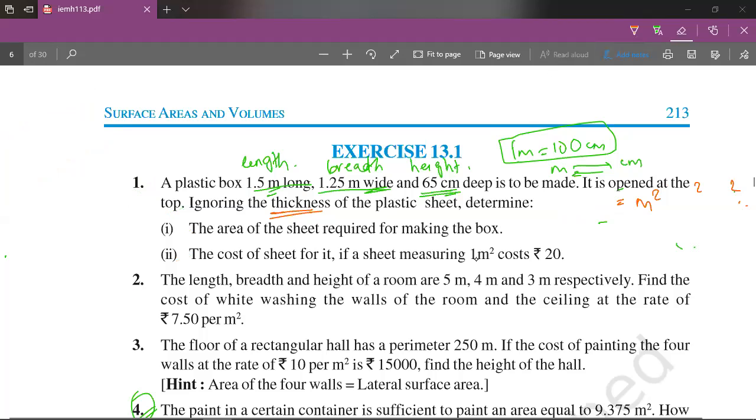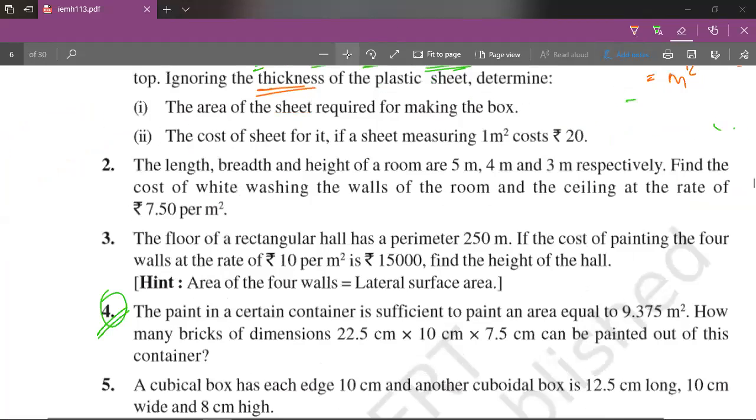So the second question states, the length, breadth and height of a room are 5 meter, 4 meter and 3 meter respectively. First I would advise viewers to sit back and look at the question, observe the question, and write down all the information and clues it is giving you. Because if you solve the questions in a rush, you might forget a few things to add, and due to those few silly mistakes, your whole sum might go wrong. The length, breadth and height of a room are 5 meter, 4 meter and 3 meter respectively.